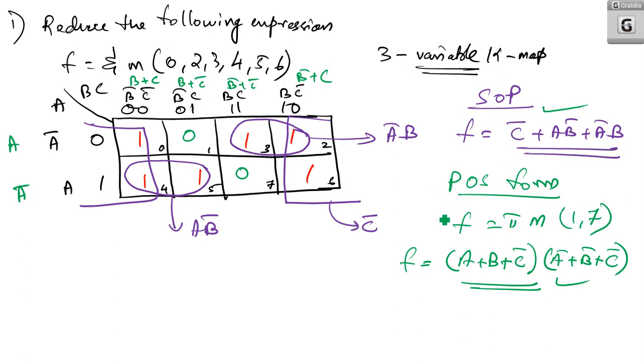And the POS form you can get as pi m of 1, 7, that is, A or B or C bar, and A bar or B bar or C bar. That is the most reduced form of this expression. So I think you have got the logic of reducing an expression using SOP form as well as POS form. Coming to the second question,